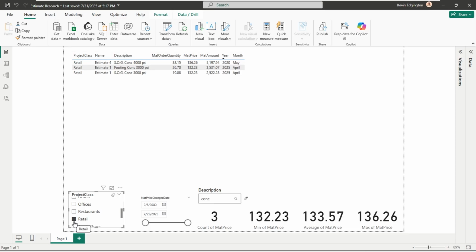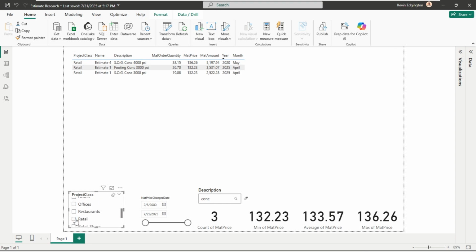So those are the main ones that now I can use that information to say, I'm working on another current retail project. Maybe I want to go through and show me all of my other estimates where I've had block in it, I've had electrical work in it, I've had some item description, and it could go through and show me how many I've got, what the minimum was, what the average has been, what the maximum is.